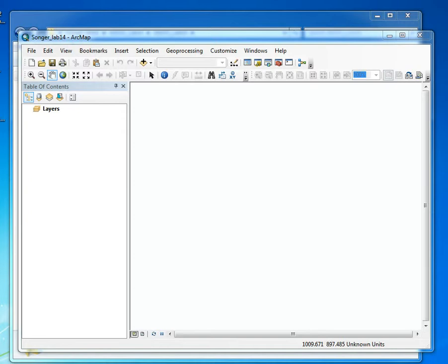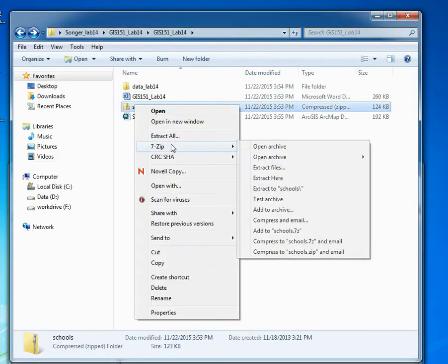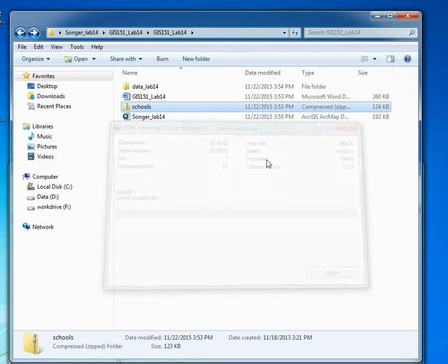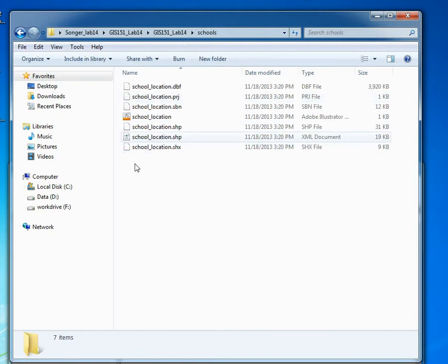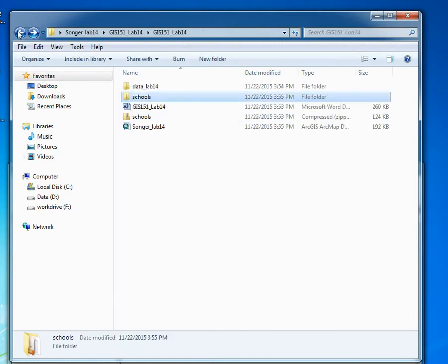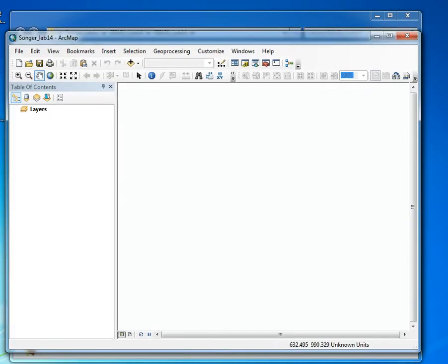Then I think the directions ask you to unzip the school layer. So we're going to unzip that, and that just has one shapefile with some school locations in it. So we're going to leave it separate for now. And then I think it asks you to add some data. So you're going to add,